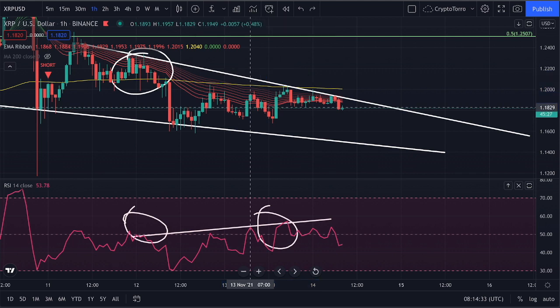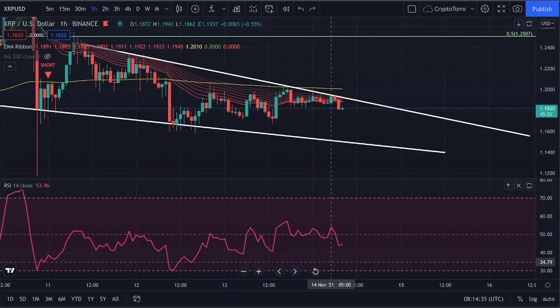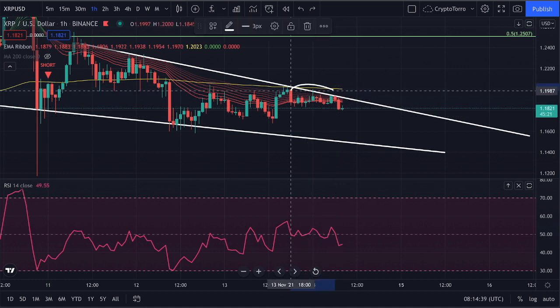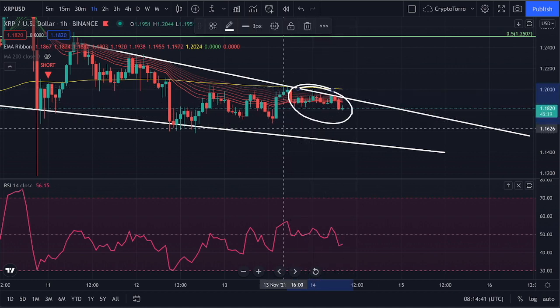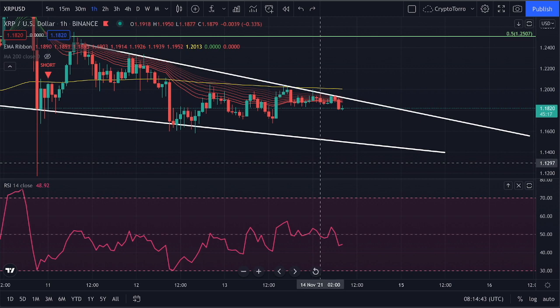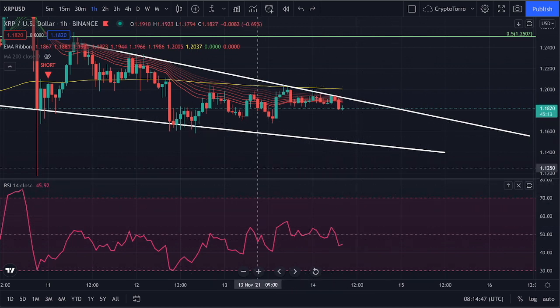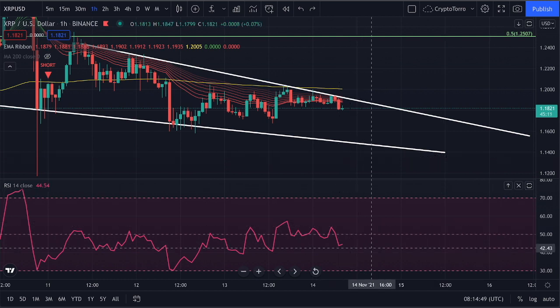So we have experienced ever since that point in time a momentum loss on the RSI, and as well we haven't been able to see a breakout occur on the chart. Therefore, I think this bearish divergence did already take place. But what is absolutely important right now is that if we see further continuation towards the downside, there is still